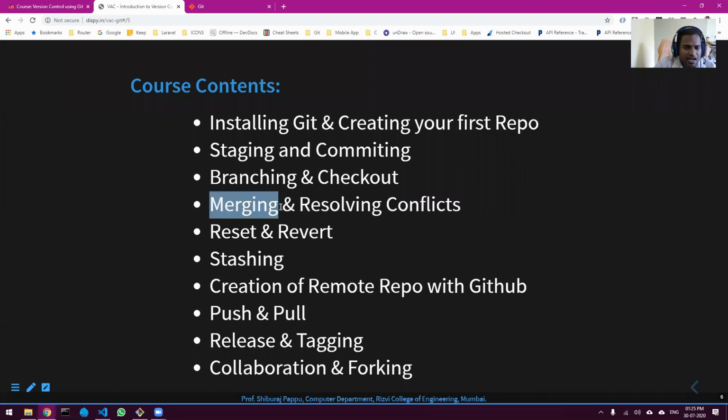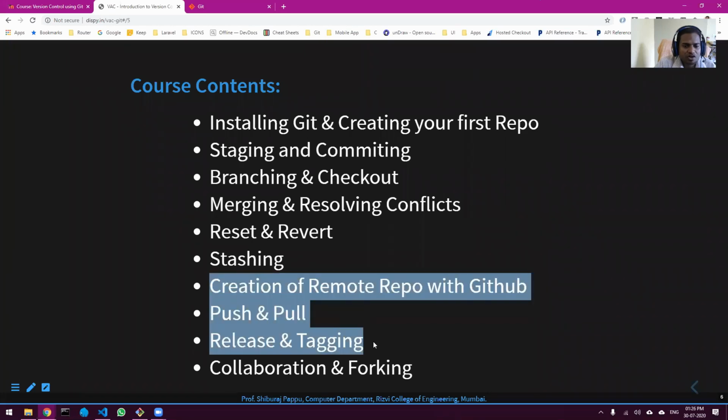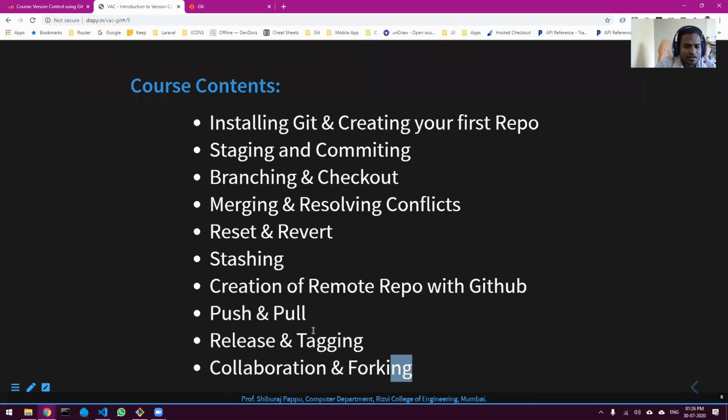Okay, and whenever you do merging, there are bound to be conflicts. Now this collaborative development, that means multiple people if they want to edit, that we will see when we work on this. Okay, so that is the last part of our course, collaborative development.